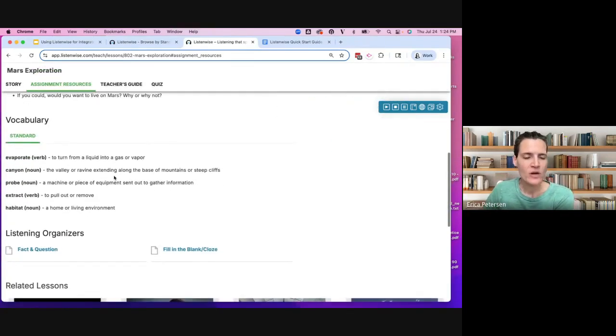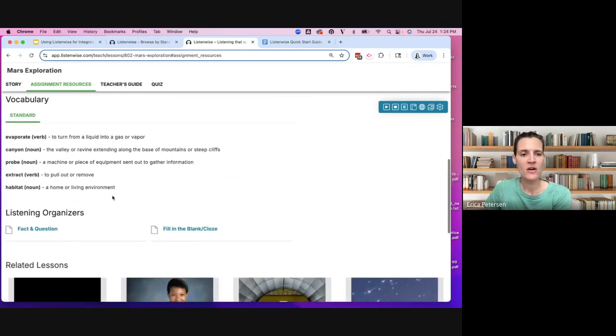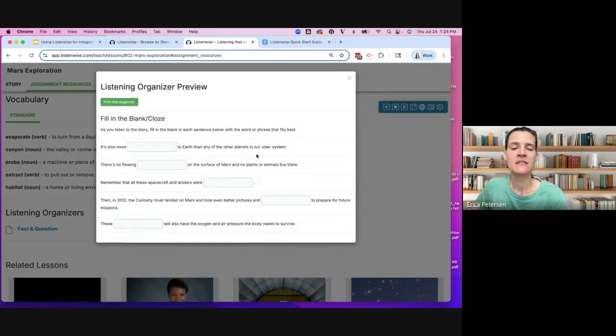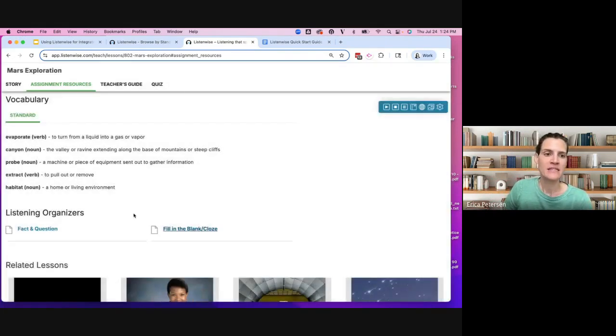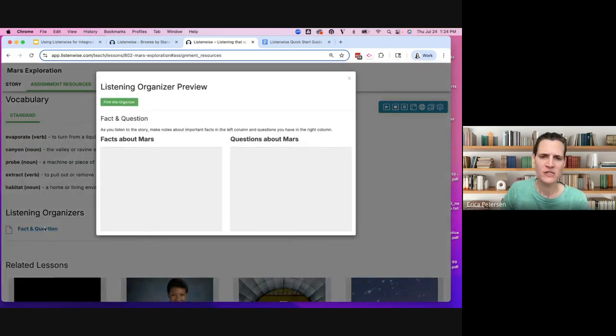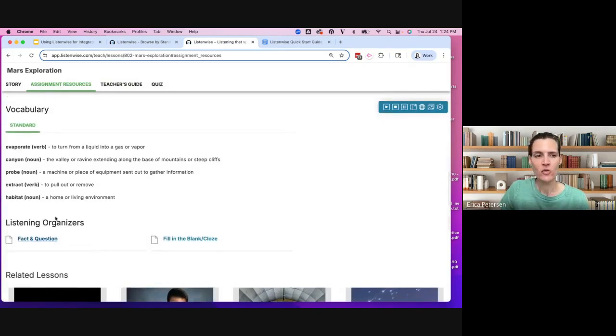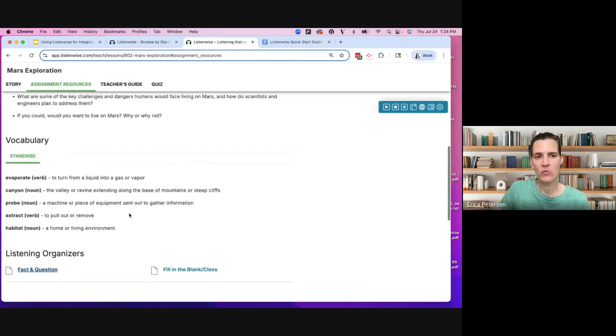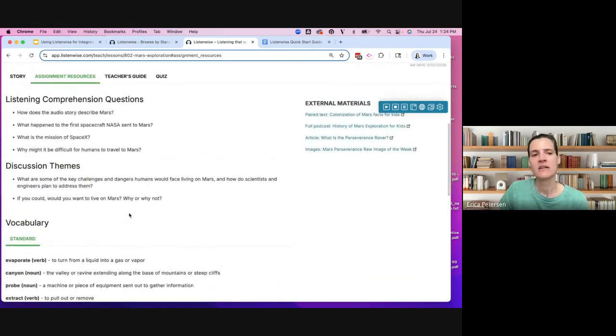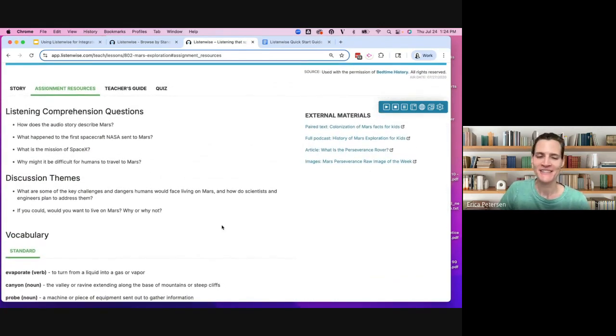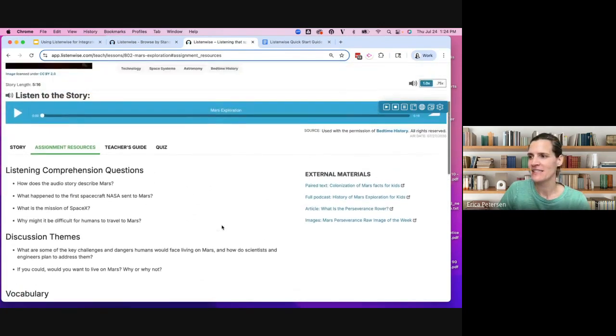Vocab words for some pre-teaching. And then here are the organizers to help with some close listening and supporting students while listening. So either a fill in the blank, we'll have T-charts, etc. So they'll differ for each lesson, it just depends on what the lesson is and what content is available. But again, great way to help students take notes, summarizing that writing practice. So again, working on all the literacy skills, you can easily do that with every Listenwise listen.